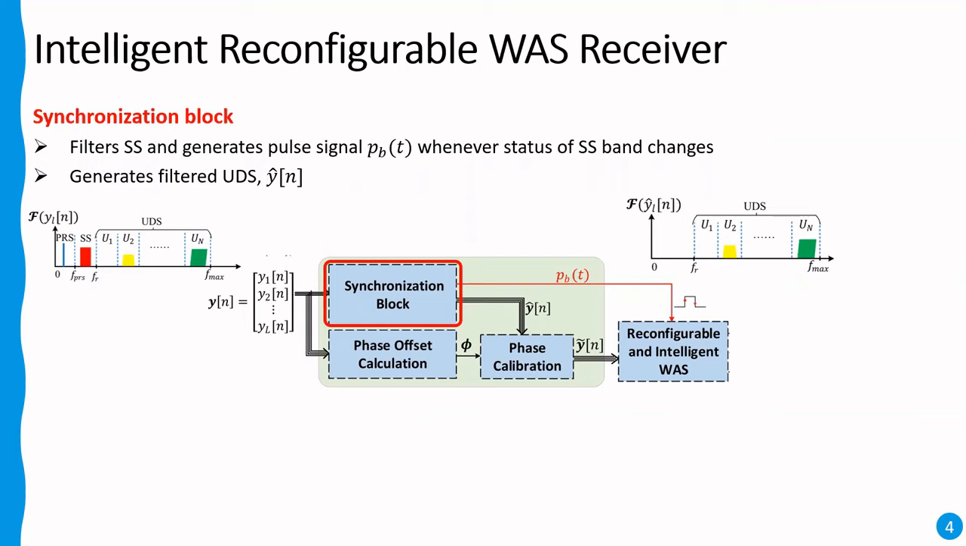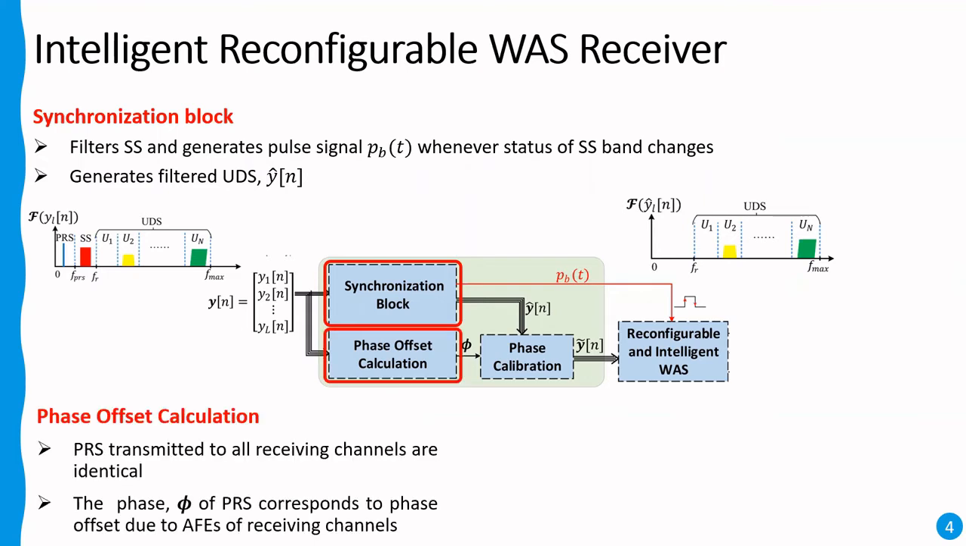This block also generates the filtered user data signal, that is Y hat N, and its Fourier transform is also shown in the waveform. Now, in parallel to the synchronization block, the offset calculation block filters out the phase reference signal. Since the phase reference signal is transmitted to all the receiving channels of USRP via equivalent SMA cables, the phase of the received phase reference signal corresponds to the phase offset introduced due to analog front ends of the